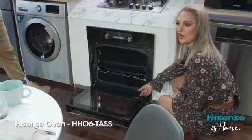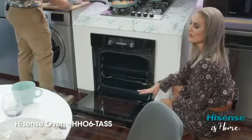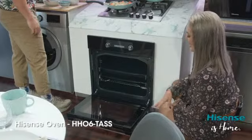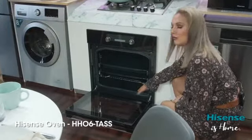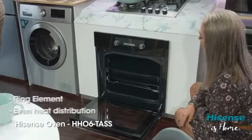You can take off the glass and clean it, because there's nothing nicer than when you walk into a house and see a clean oven. You don't want to see anyone's leftover food. This oven has 3 elements. It has a top element, a bottom element, which is covered, and a ring element and a